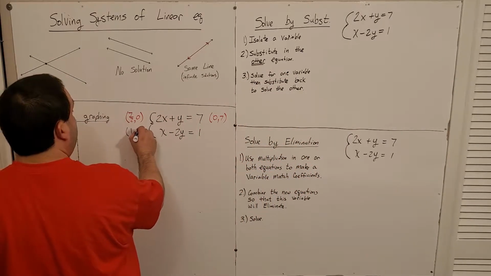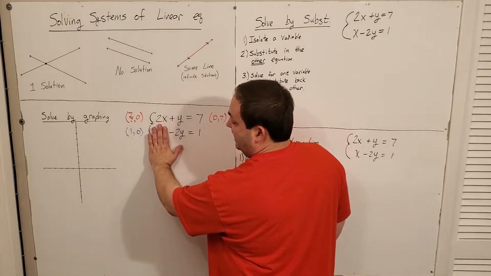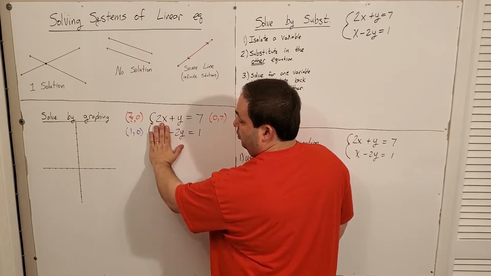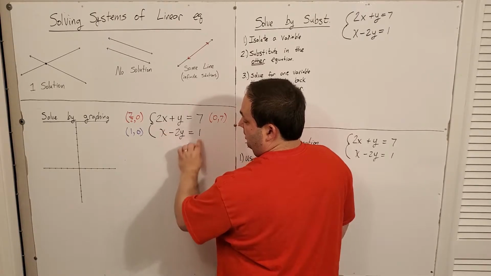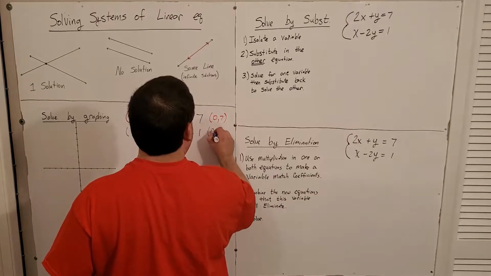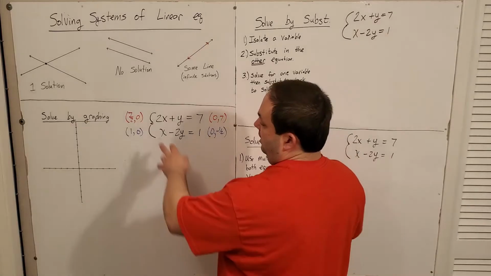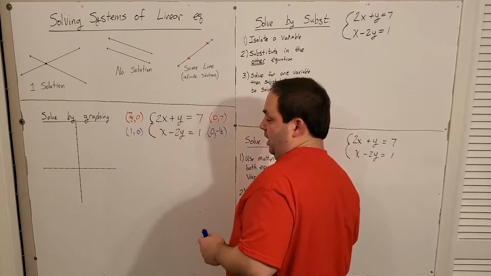So in other words, (1, 0). And my y-intercept, right, if x is 0, I have negative 2y equals 1. So that would be 1 divided by negative 2. So (0, -1/2). Okay, so I'm going to graph these two lines now